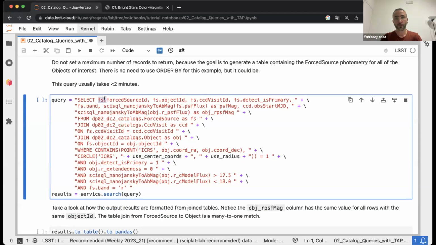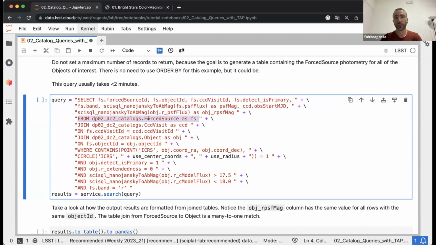As you can see, we are not using the entire name of the table, but just an abbreviation that you define later on in the select. So before, you want to select, to define your selection as you did before, and then you say the abbreviation I'm using is the